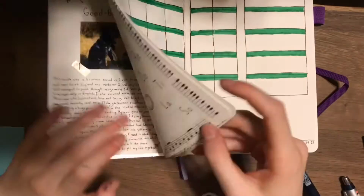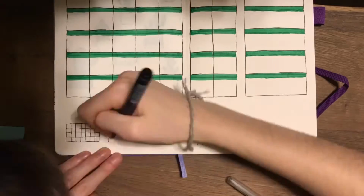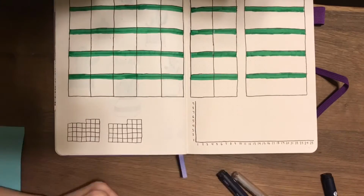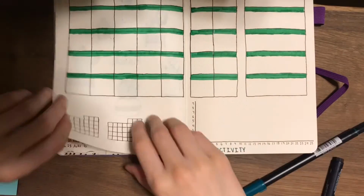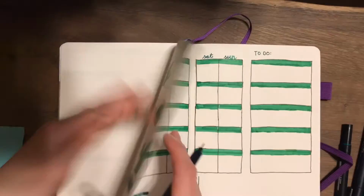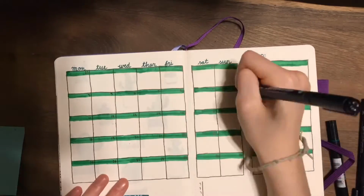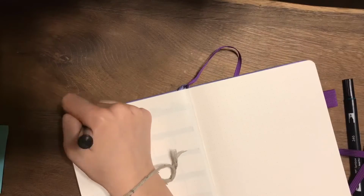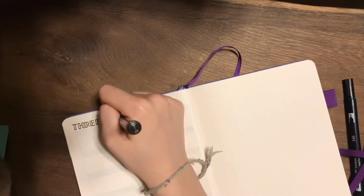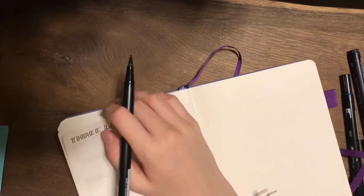And then here on the bottom, I'm doing something a little different. Usually on the very bottom, I just have my calendars for my habit trackers. But here I decided to do a productivity tracker, which is basically just a line graph where along the bottom is the day of the month, and then along the side is how productive I felt on a scale from 1 to 10. And then here I'm just writing out the title for my 3 lines a day spread,